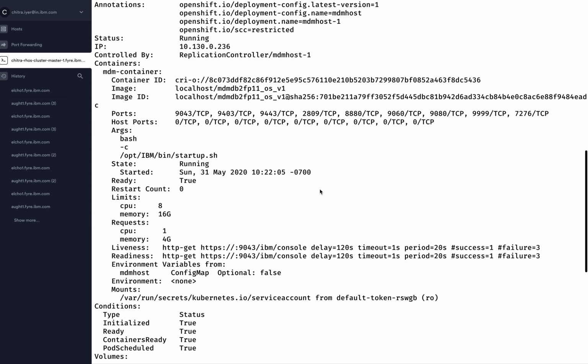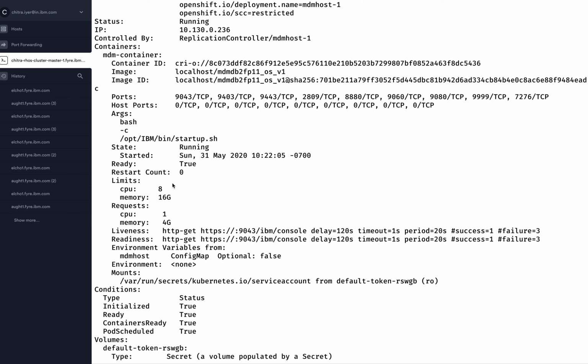We are also able to see certain other details, such as the requests for the CPU and memory, as well as the limits for the CPU and memory. This means you need to place my pod only in a node that has a 1 core CPU and 4G memory. This is a sample request that we have placed. It is not mandatory that the same values are used by the customer. They can change it based on their environment.